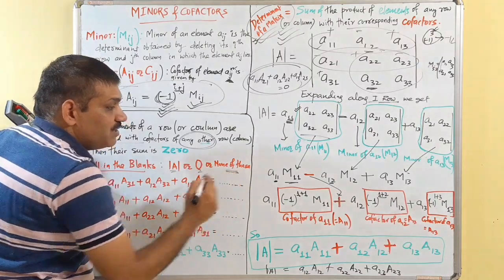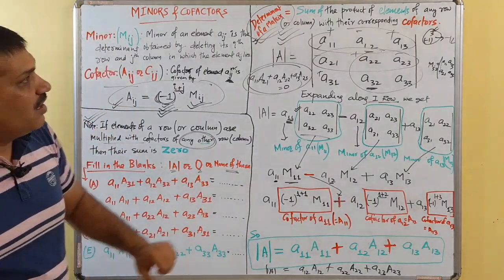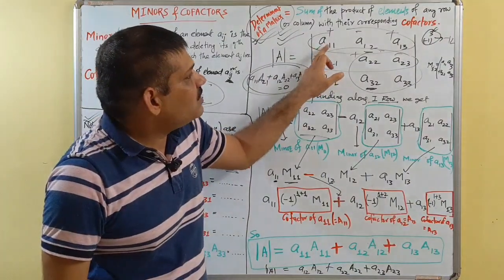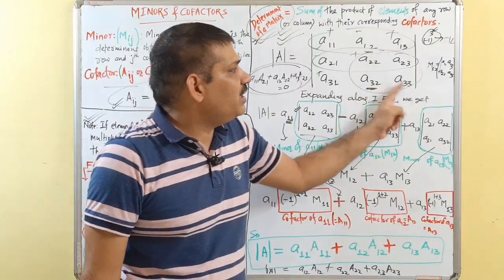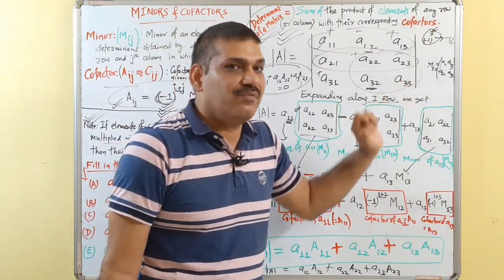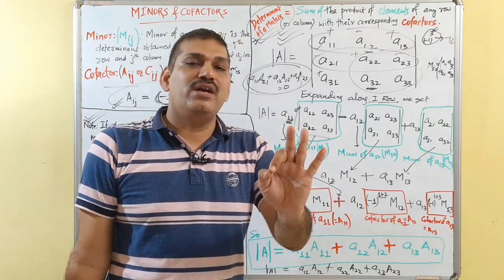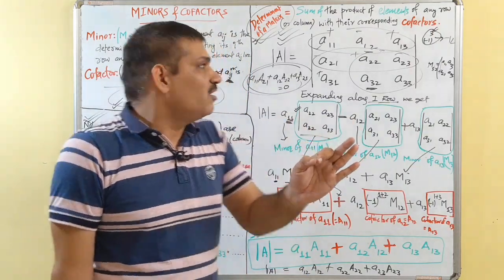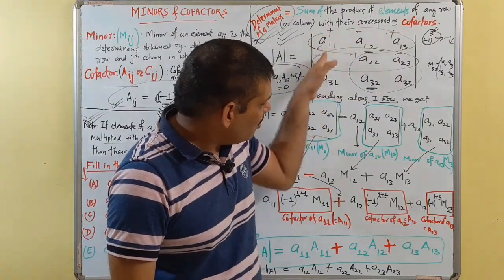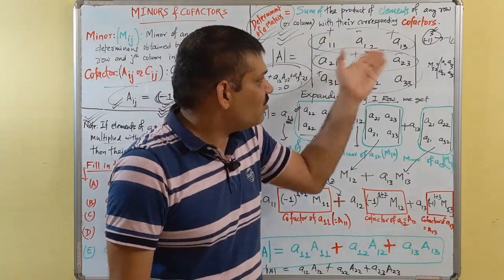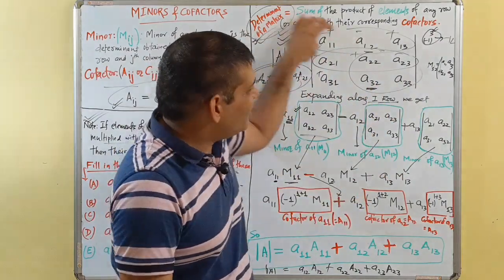And none of these means what we have done. Suppose I am taking the last part specially. I have taken A11 multiplied by capital A11, A22 multiplied by capital A22, A33 multiplied by the cofactor of A33. Then it is neither 0 nor equal to the value of the determinant, because a determinant can be expanded along the first row, second row, third row, or first, second, third column, but we cannot expand it diagonally.